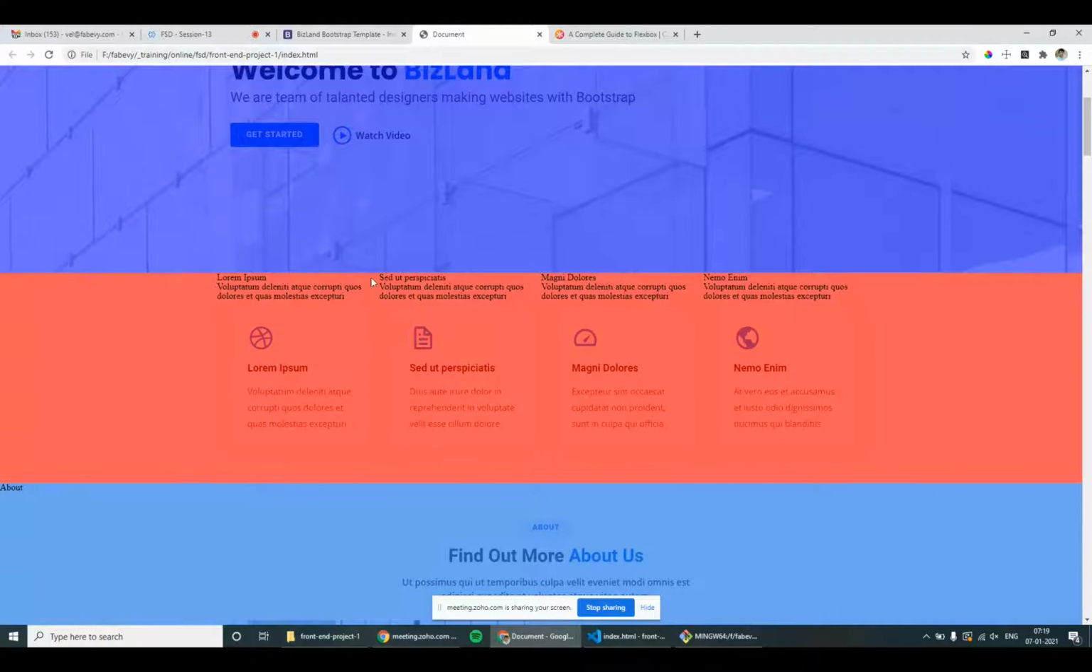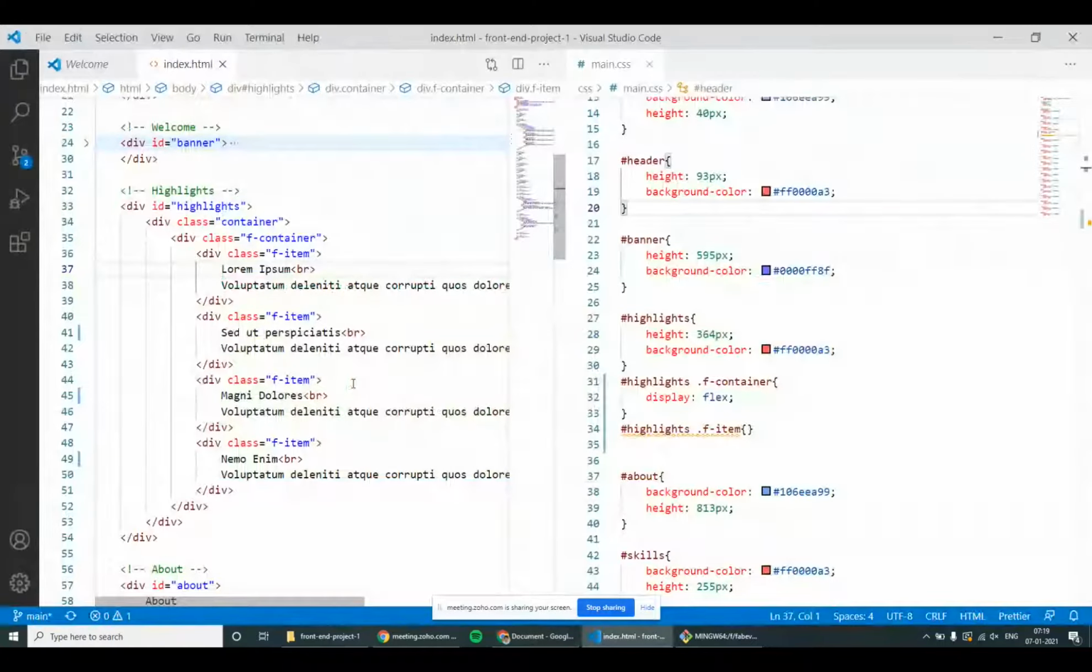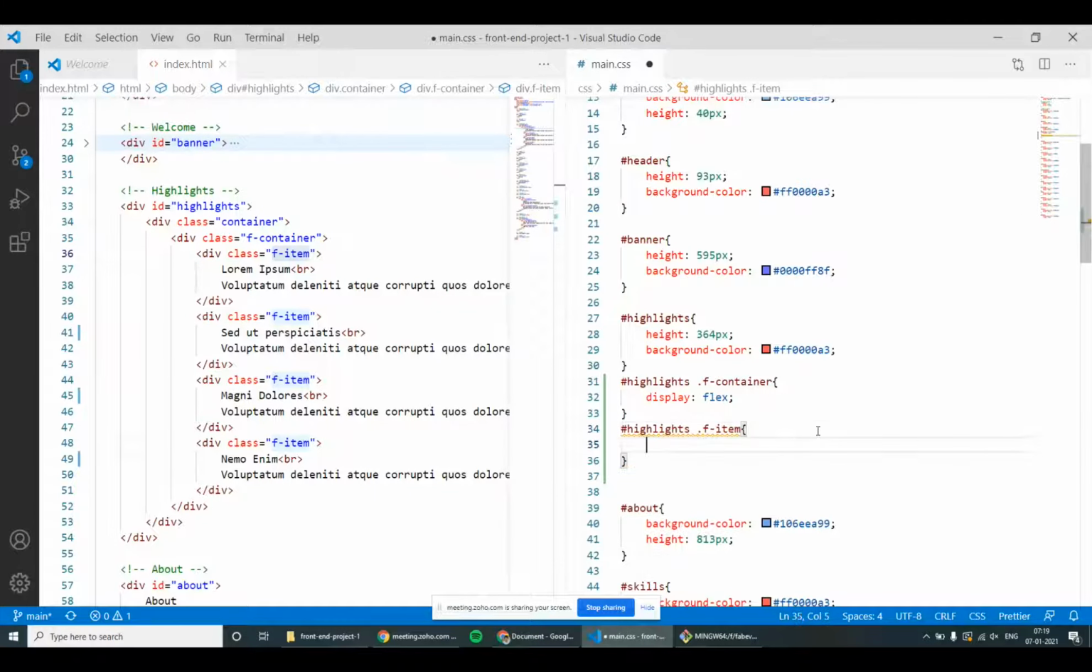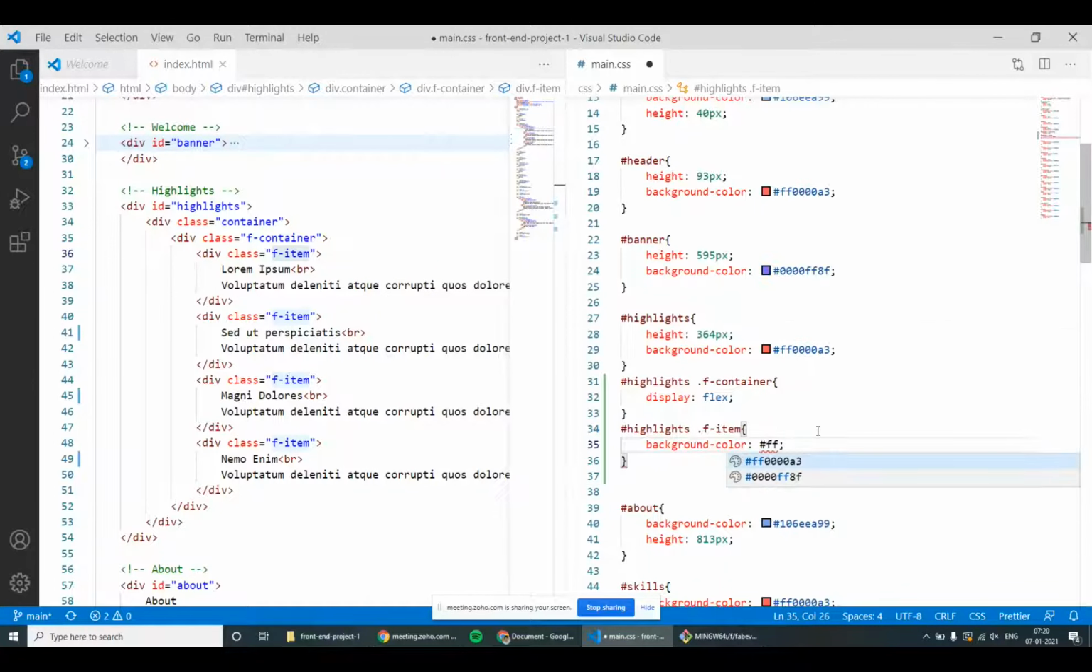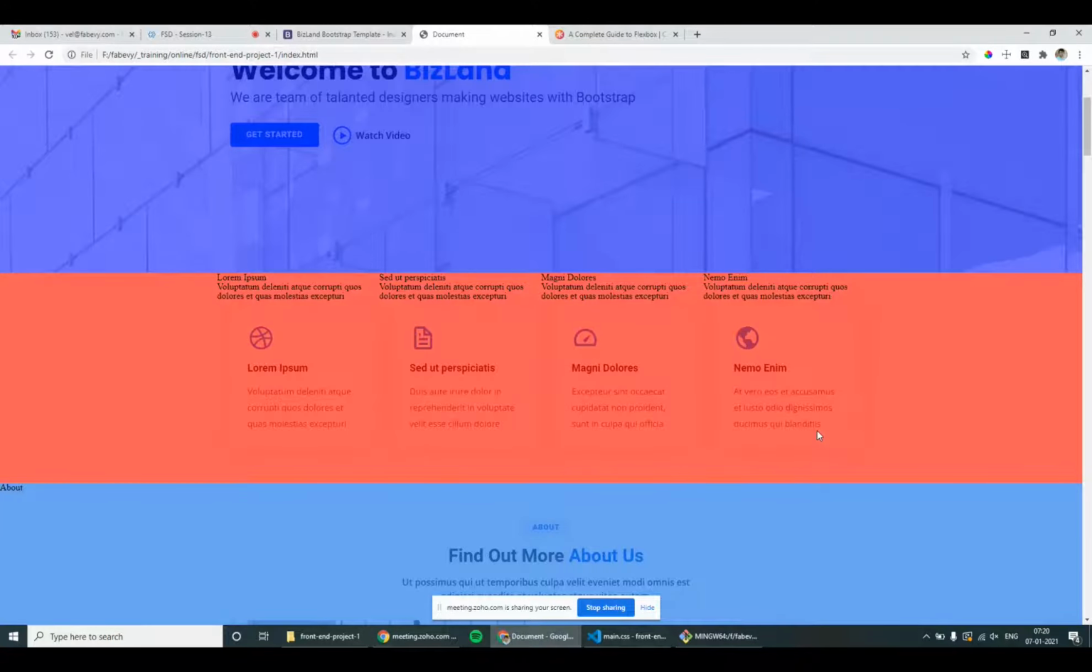So we have got four things, and each box should have a background color. So I can simply give, for the flex item, the background color. The background color is white, so I don't need to check that. I can simply give this. I refresh my screen. I got white, but the problem is